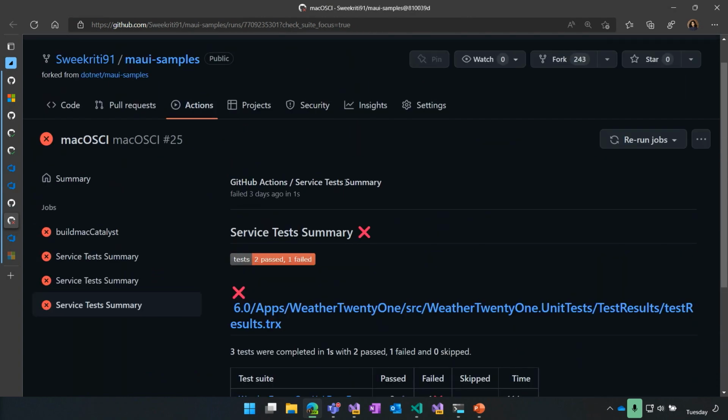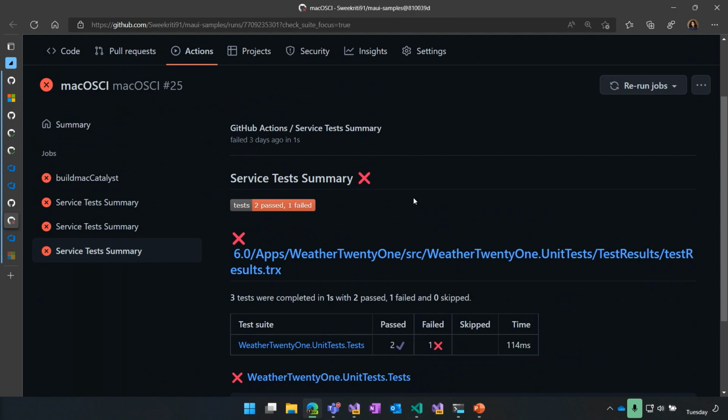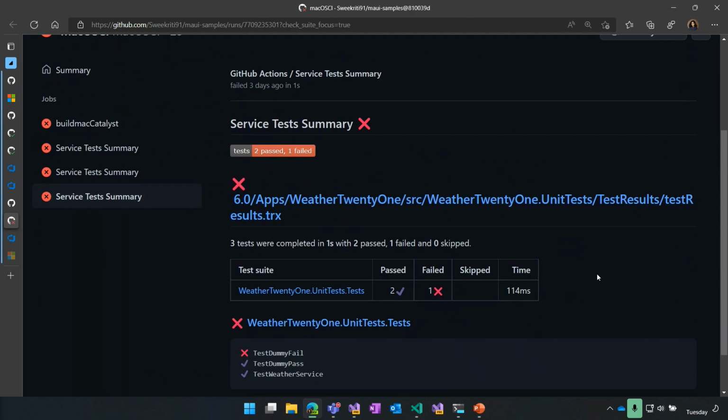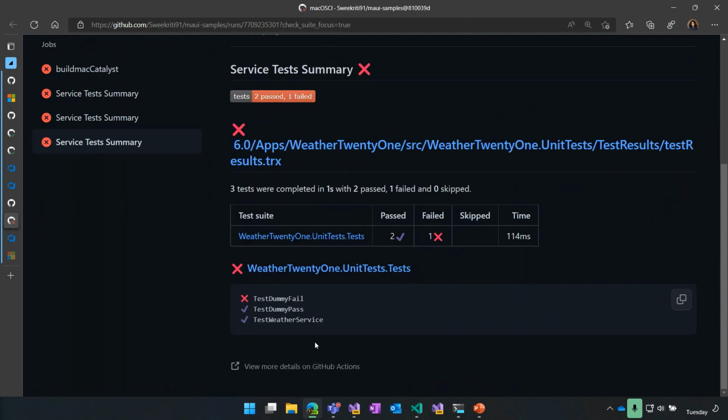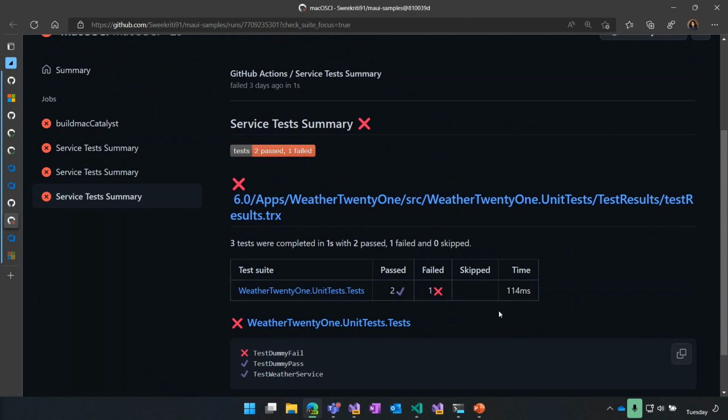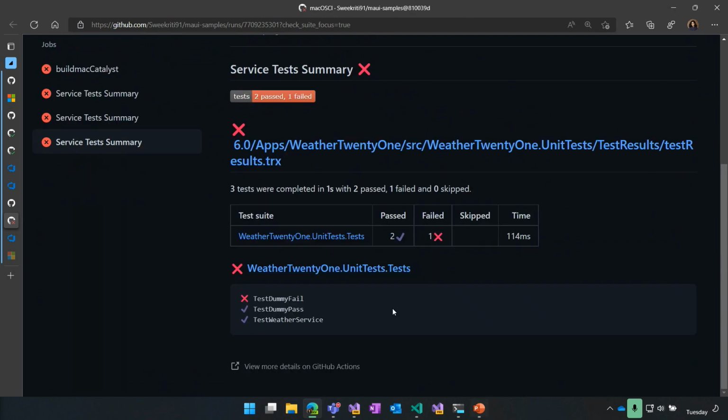This is the test summary that gets generated using the community task that I was talking about. It gives you how many tests passed or failed. You can see here, it gives a beautiful little summary. And if I click into this, I can look at the test result and see what exactly the test failure was. I really liked this. I like the summary, I like the way they present it. Very easy to understand, and it goes green or red based on whether your tests pass or fail.